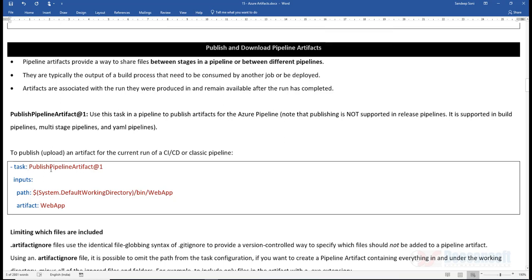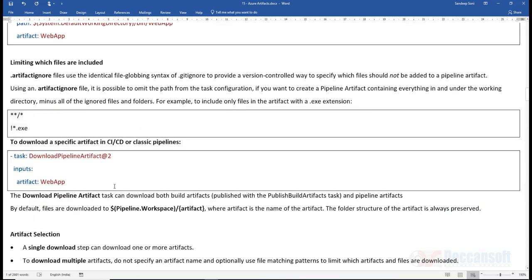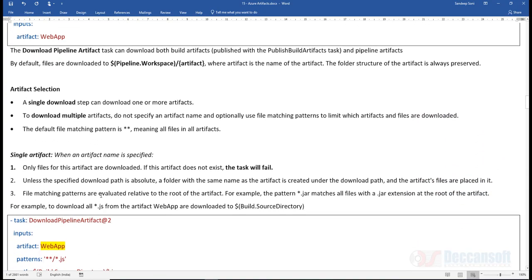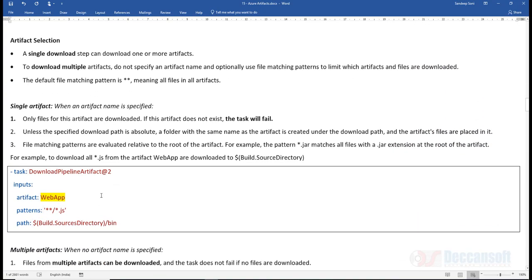The command has slightly changed. Instead of publish build artifact, it is now publish pipeline artifact. Instead of download build artifact, it is download pipeline artifact. That's all. Build is replaced with pipeline, and this is considered to be much faster.